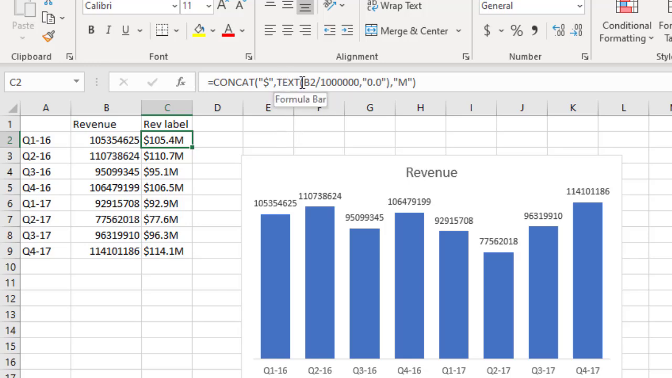Now we're going to use the TEXT function. The TEXT function allows us to format a number as text using the custom number formatting from Excel. So what I've done here is I've taken the value of revenue, divided it by 1,000,000, and then decided I want it to have 1 decimal place only. And then I add on another comma, and then the capital M in quotes. So what this does is it creates this label,